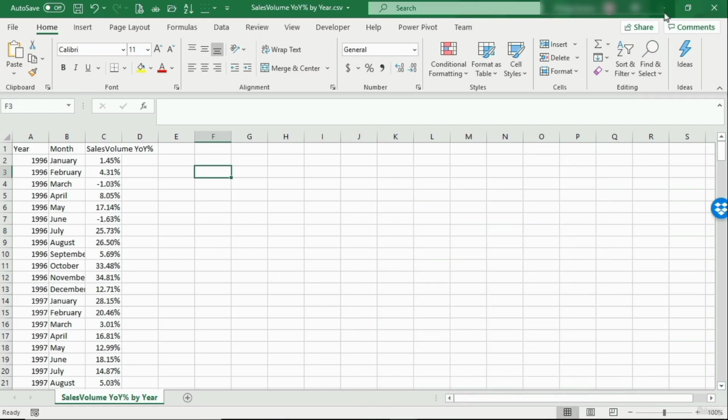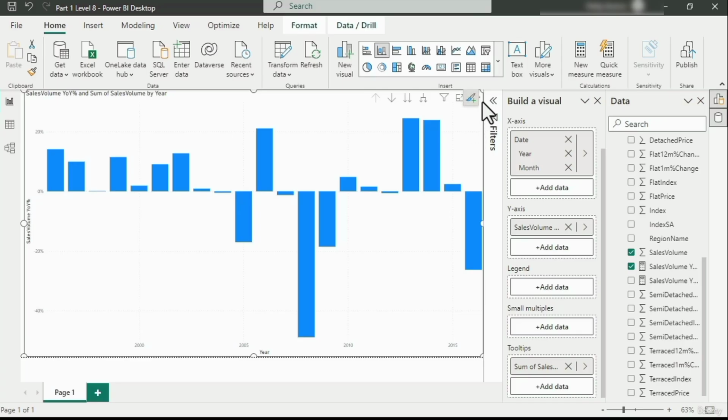So export data. It allows you to export it from Power BI to a comma separated value, but it only exports the things that you need to be able to see how a particular visualization has been